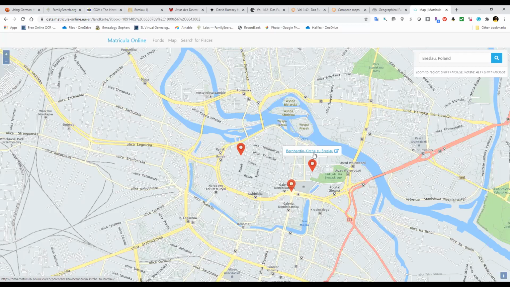Now, if your town that you're researching comes up on Matricula, and I did not include this on your links, but it is on my church records presentation, and we can pull that up later. But it's Matricula. And you want to go Matricula German church records when you do a Google search to get it. If I click on this link,